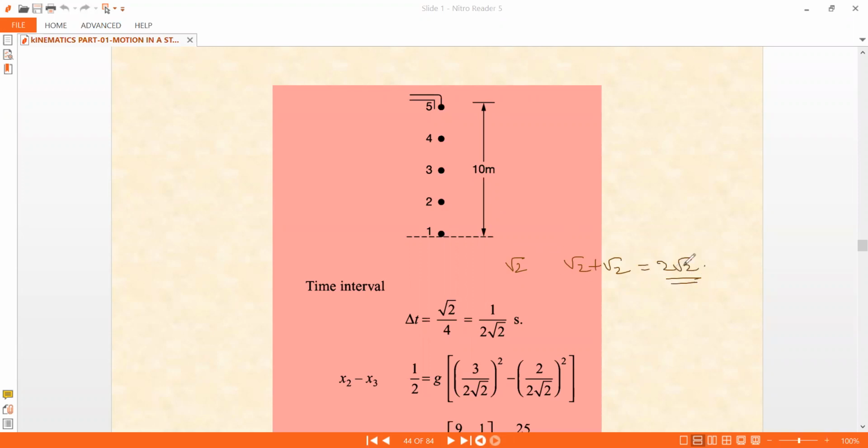So the first drop takes root 2 seconds and the second drop takes 2 root 2 seconds. And now delta t happens to be